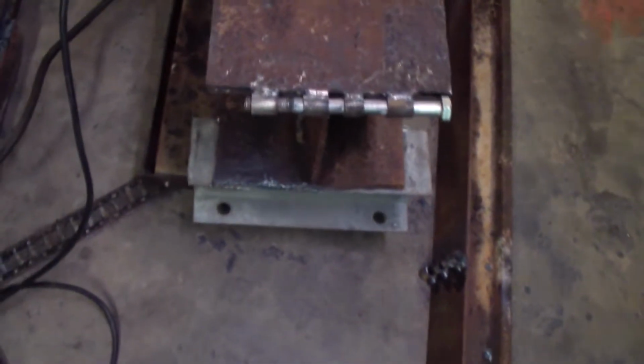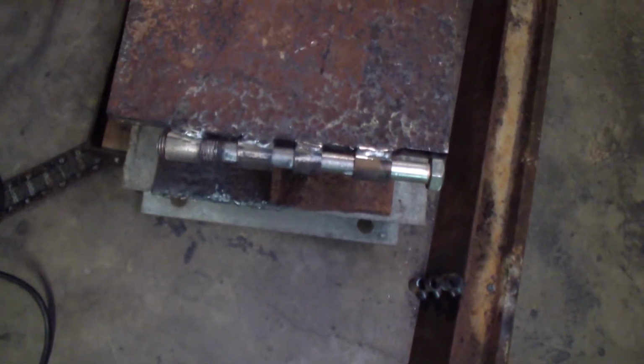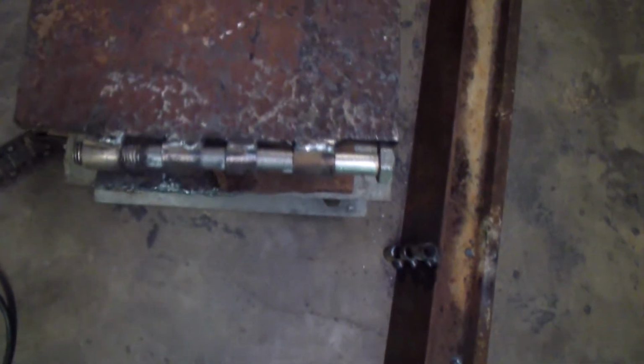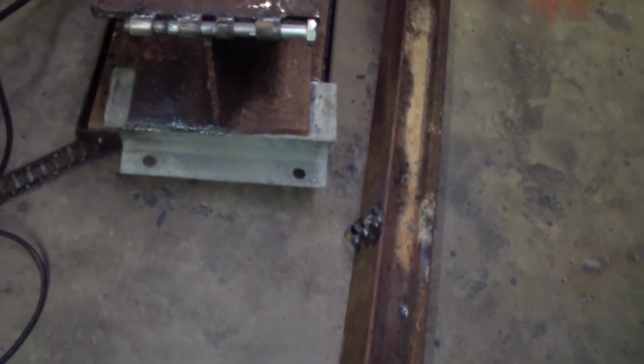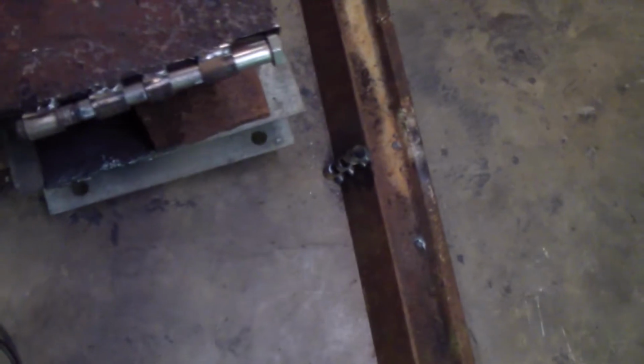So that's what it looks like, because you can still take it apart. You want to make sure that bolt's in there, even when you tack it on the bottom. When you tack all of them together, you want to make sure that bolt's in there. If not, it won't line up. I just stuck it back in there, welded the top part of that, and ground it off some. You have to be careful where you put the welds, because it might interfere with it opening up. But one good thing is you can always grind it off if you have to. It's better to have a little bit extra weld on it than...